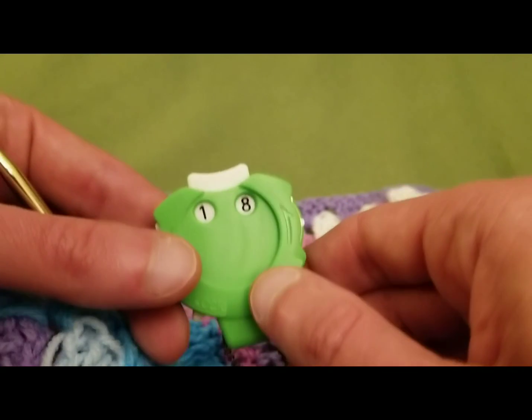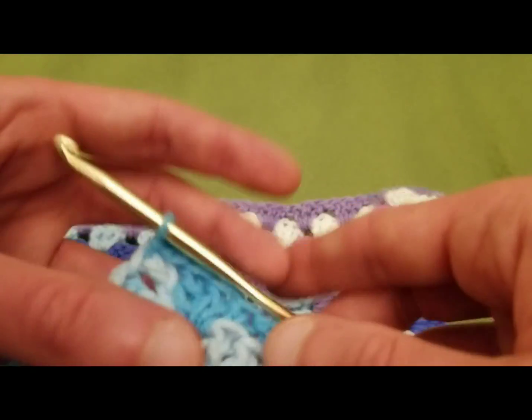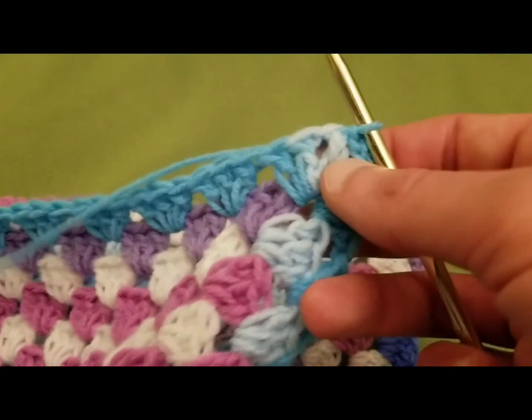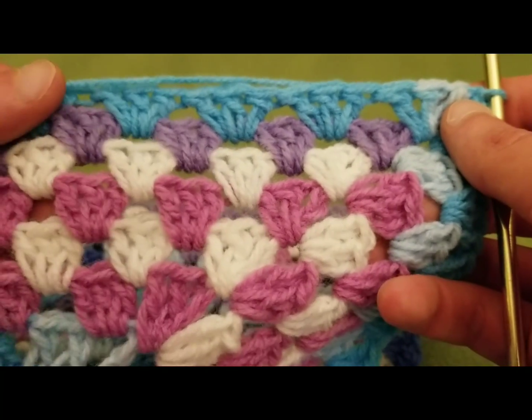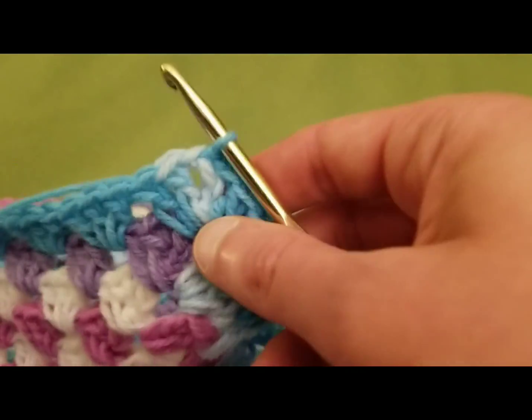And so we are on round 18. And for those of you that are still with me, thank you for joining. All right, so in the last video, we went over how to do the Granny section, 6 rounds of the Granny clusters. And now we're going back to the virus